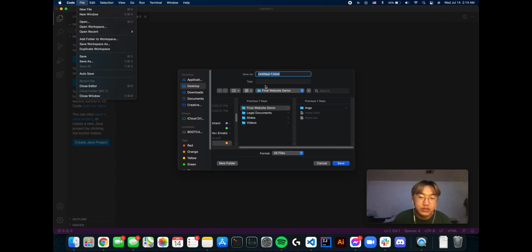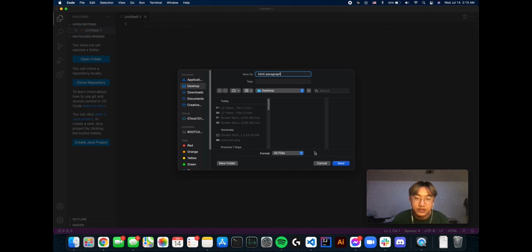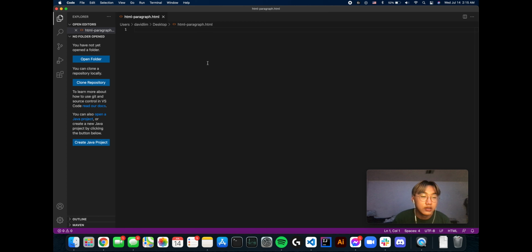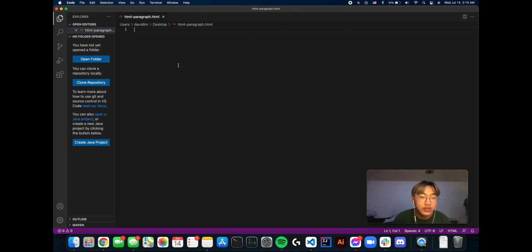Let's save this as, I'm gonna put HTML paragraph, and I'm gonna save it on my desktop. And then make sure to do .html, so that this file becomes an HTML file. Let's just check that it's in there. Yep, it's right here. All right, going back to our VS Code, we're gonna start our document by doctype